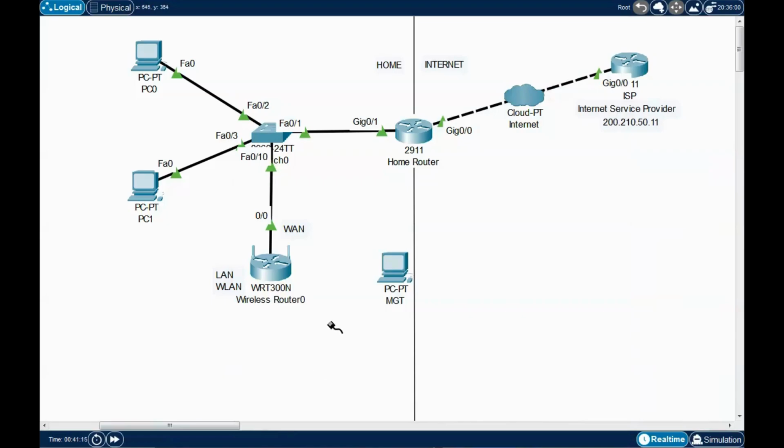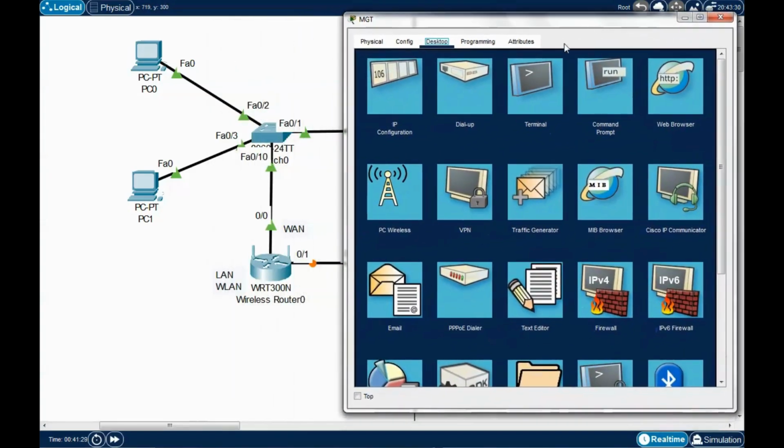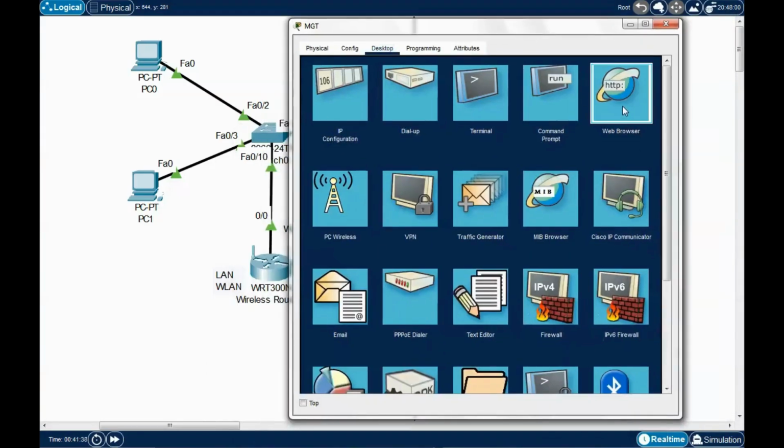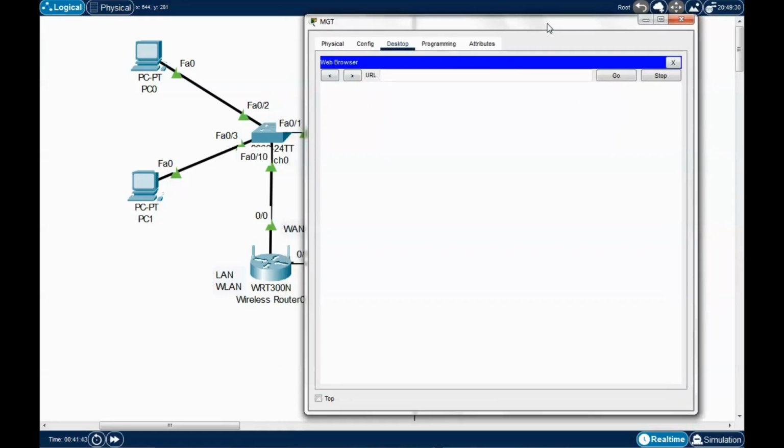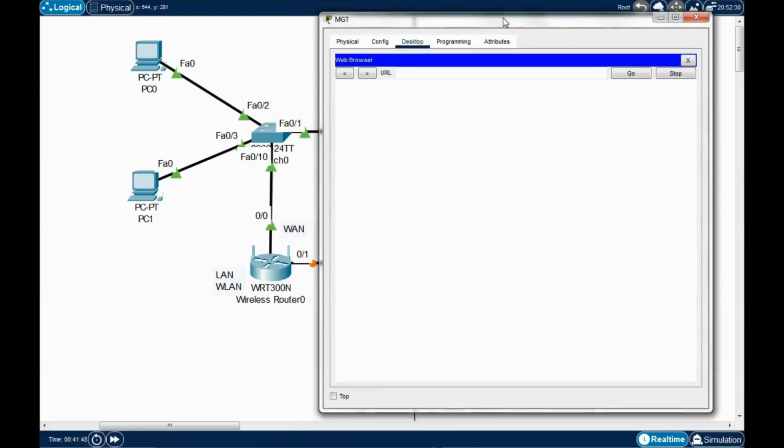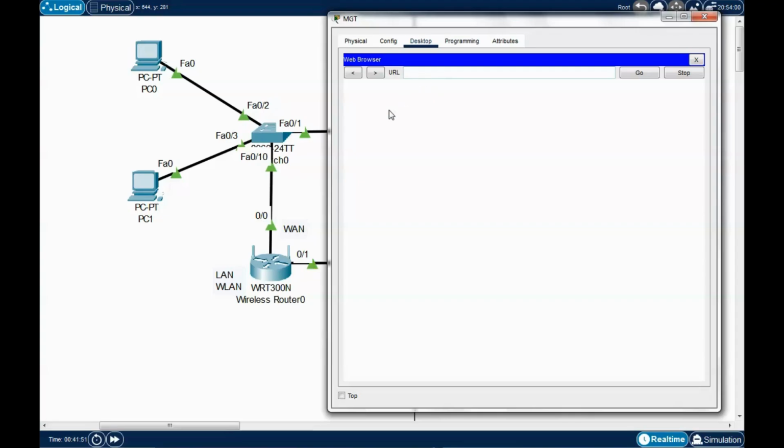Let's use a straight-through cable. On the wireless router, let's use the first one, Ethernet 1, and plug it into FastEthernet0. Then I'll open up this PC to go inside this wireless router so we can manage or configure it. We need to go to the web browser. Any web browser that you have on your computer will do, Chrome, or Safari, I believe, but you can try if it's working. We need to type in here the IP address of this wireless router,